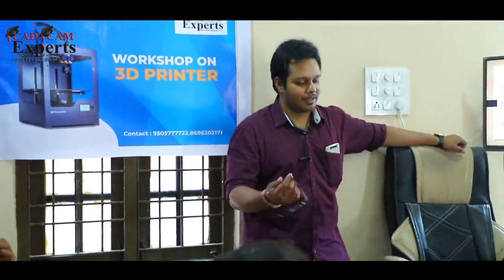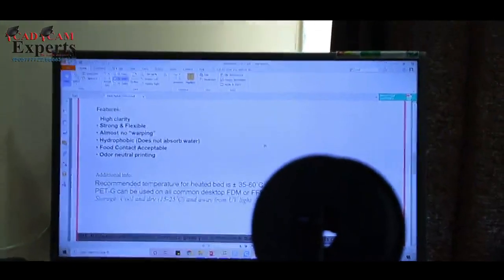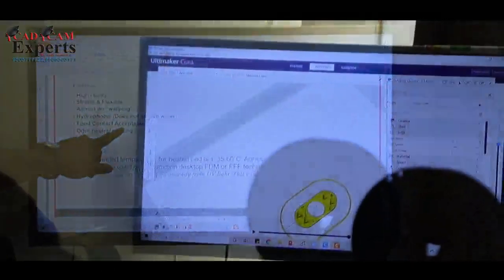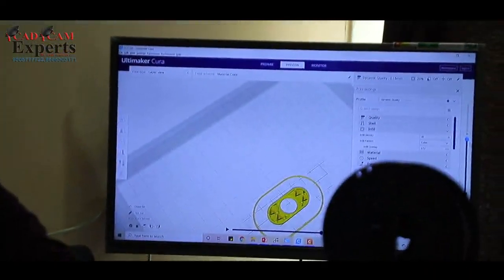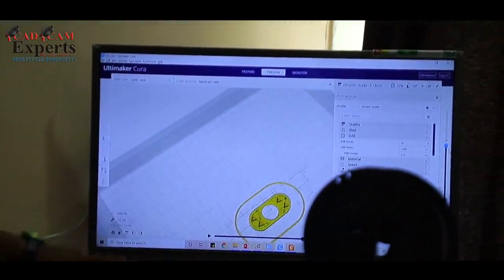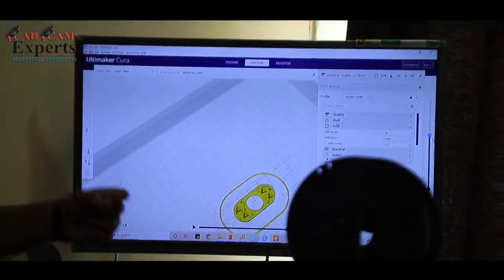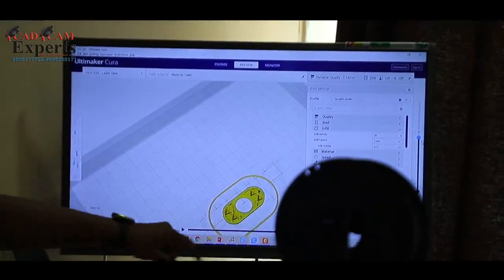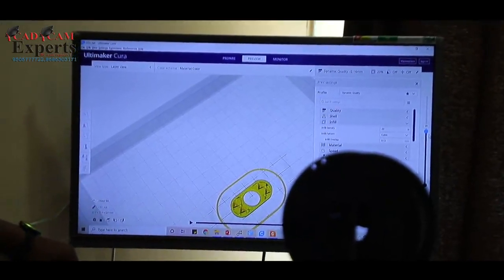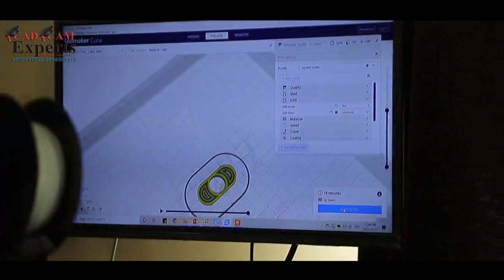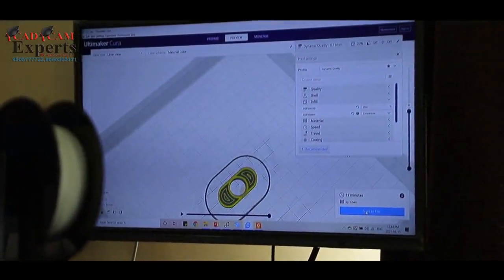Got it? For example, I can show you one of the documents by the manufacturer itself, declaring this. You can see those cavities there. Exactly how it is shown here, the same thing is formed there. Cavities are nothing but air space, nothing more. It is not filling that region. If I discuss all those points, it's going to take lots of time.